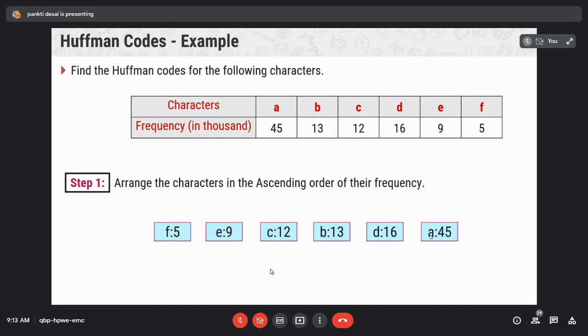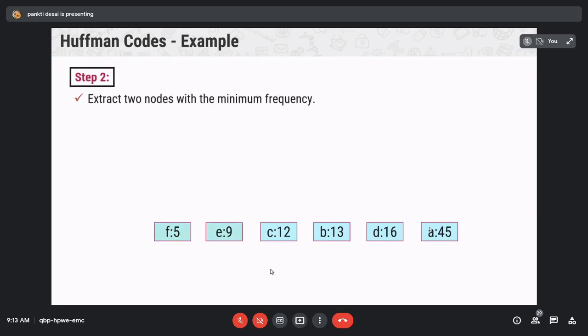Okay, now step number 2 is to extract two nodes with the minimum frequency.